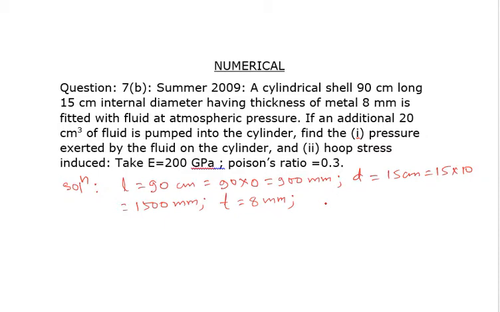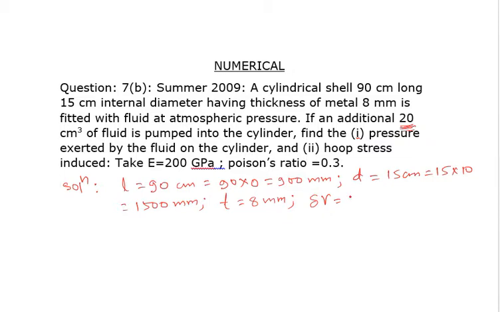If an additional 20 centimeter cube of fluid is pumped into the cylinder, so this will be the change in volume. When you pump this much quantity into the cylinder, then there will be change in the volume. So delta V, that is change in volume, will be